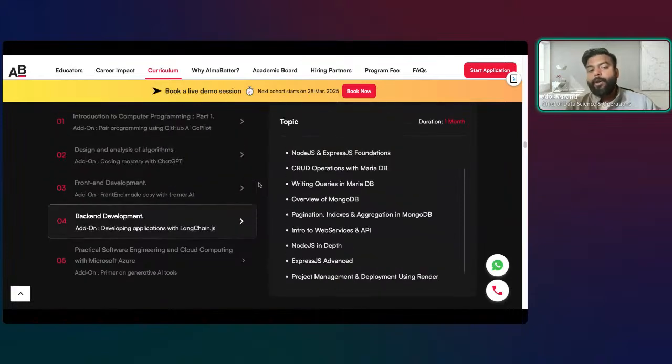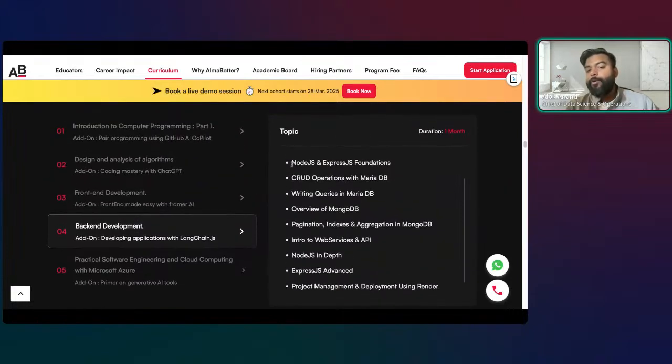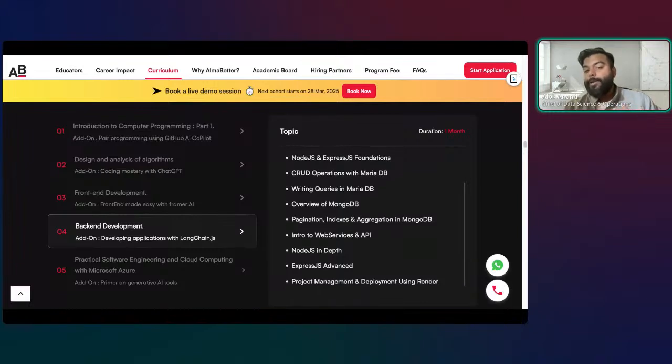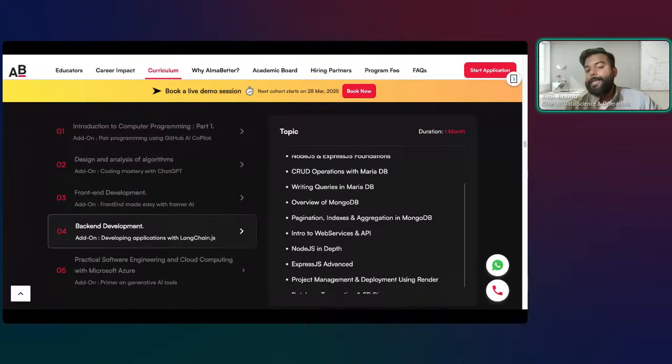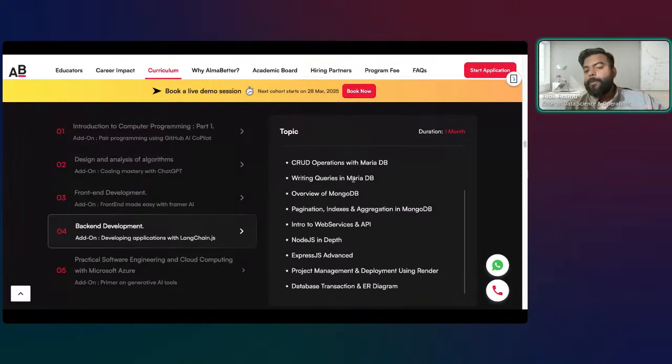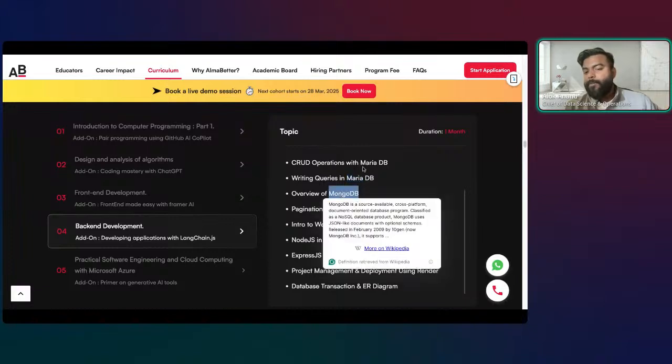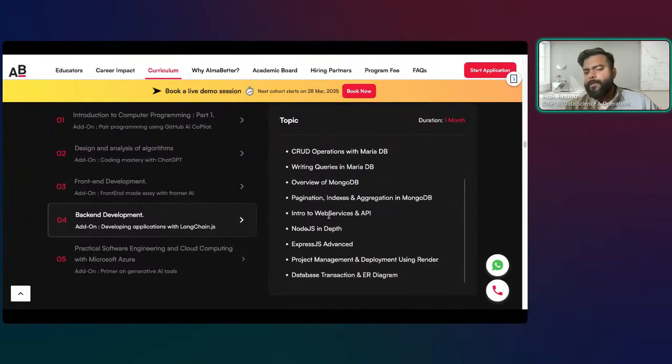Then you go to backend development, where you learn about Node.js and CRUD operations: create, read, update, and delete. When you interact with the databases and try to send data over there, you have these terms. You create the data, you read the data, you update, delete, etc. So you deal with those databases on cloud. That is where you have to learn MongoDB, MariaDB for SQL, then web services, Node.js, Express.js. These are the terms which you should be clear about.